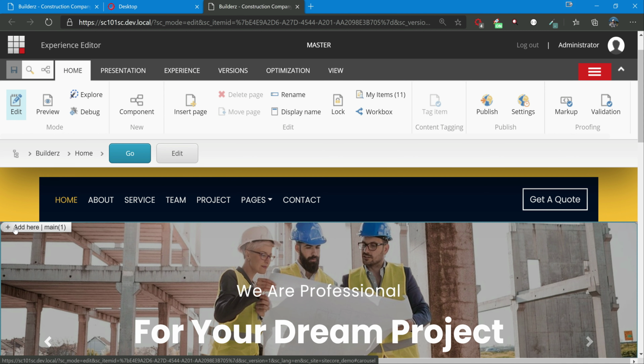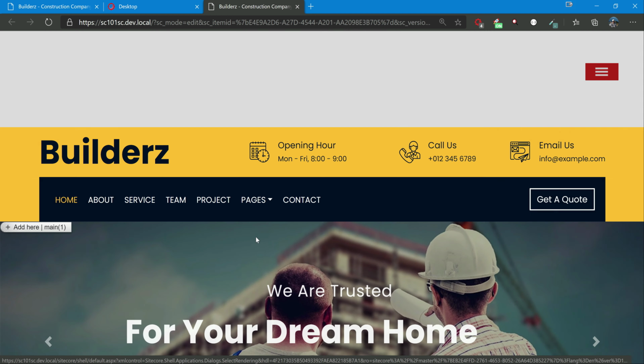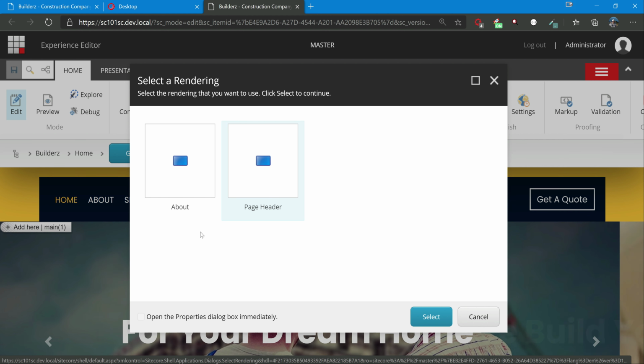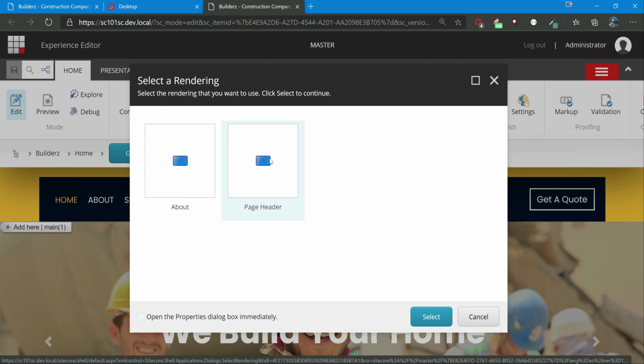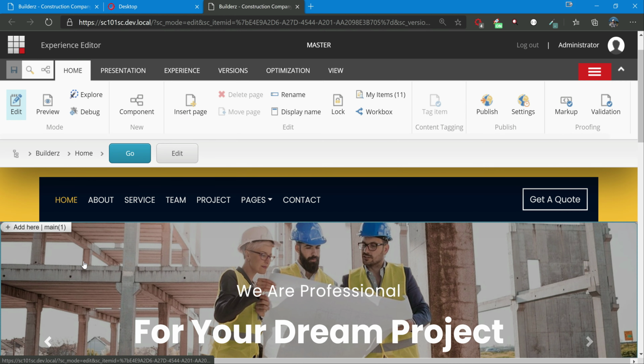Notice here it says add here, main. Click on this. You see it is only giving us about and page header. So I cannot add the carousel. I will be able to add only these 2, either of them. Close this. Now, if you go to the about page, it's the same thing.